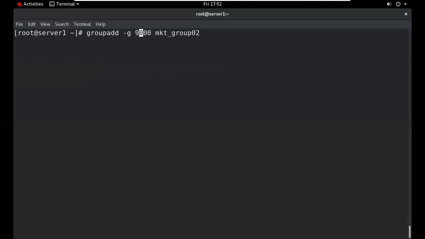It has the group ID 6000, and the group is Windows group 01. At this time I am checking whether there is any user related to this particular group. There is no user in this group.